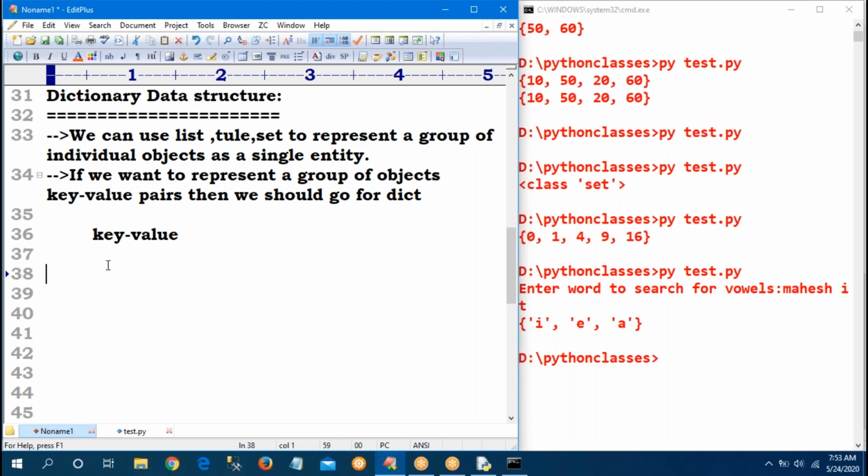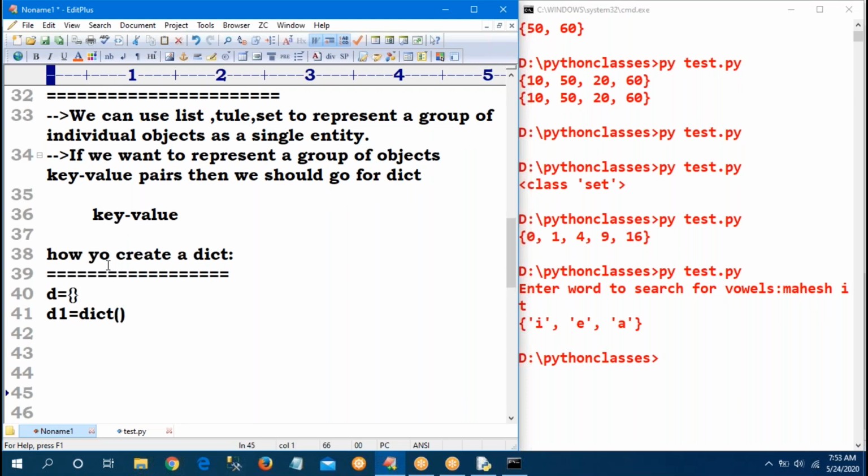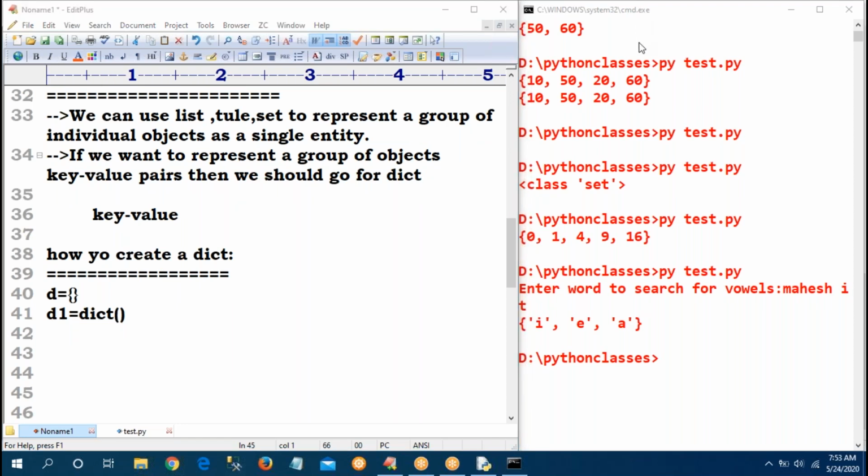Now, how to create a dictionary? Just now we discussed, I can take D equal to empty braces, it is a dictionary. And one more way: D1 equal to the dict function. That is also a dictionary. After that, you have to add your values.